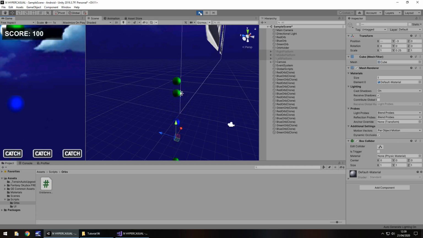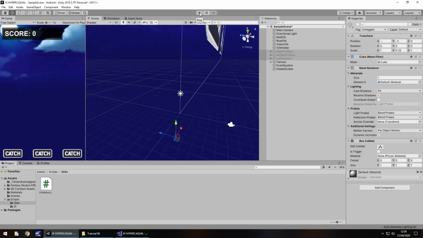Easy. So next tutorial, what we're going to do is we are going to allow this script to be expanded, and we're going to make it generate in a couple of different places. So we're going to have it here, here, or here. So rather than all fall in the same place, it's going to go in between. I think we might actually add in some sound effects probably as well. Yeah, I think we'll add in a couple of sound effects to kind of move things along, make it seem a bit more intuitive now.